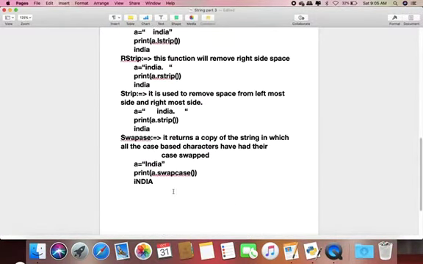And our next function is strip. Strip is a combination of lstrip and rstrip. It is used to remove space from the leftmost side and the rightmost side. If we have space on both sides, then we can remove this space by the strip function. So how can we do this?